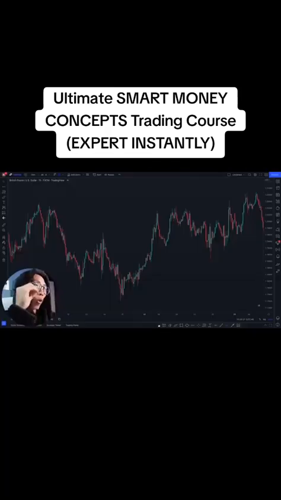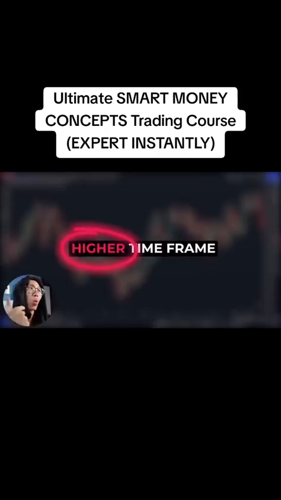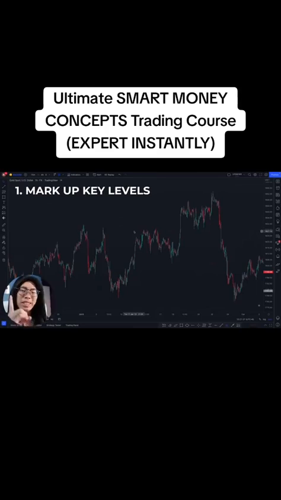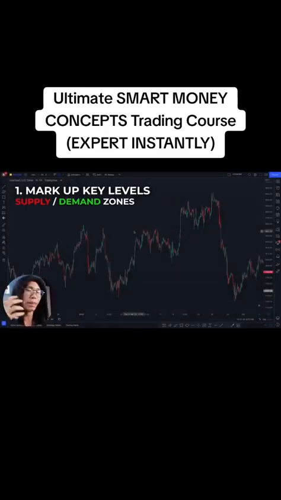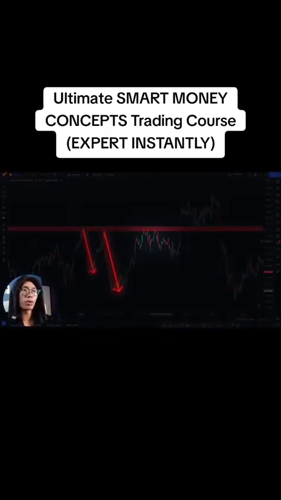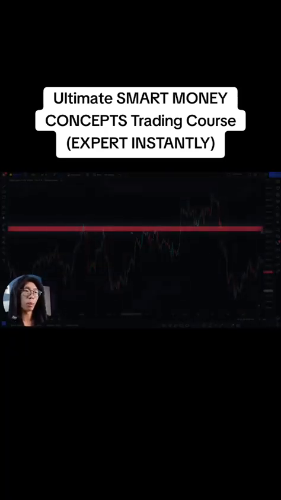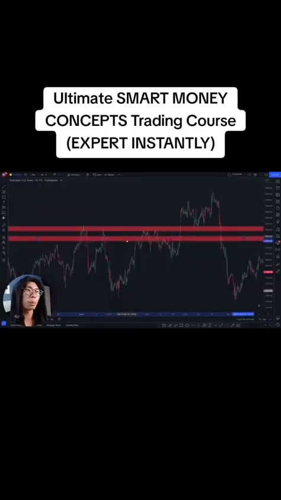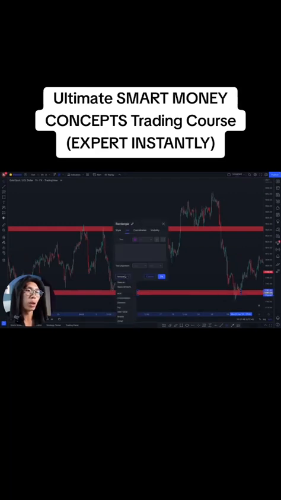trading strategy. For this strategy, make sure that you are using a higher time frame like the 1 hour time frame. The first thing before you do anything is that you want to mark up your key levels or supply and demand zones by finding where price is reversing or respecting. Right here, whenever price goes up here, it always collapses 1 time, 2 times, 3 times, 4 times. So this is a very strong supply zone, and I can draw another demand zone at this key support area